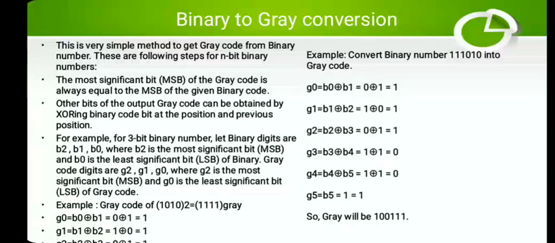Today we are seeing the conversion from binary to gray. We have seen other conversions like hex numbers, binary numbers, decimal numbers and octal numbers. In the same way, gray is actually a gray code. We have seen different types of code, and gray code is one type of code. It is also a binary code, but whenever you want some coding technique to be used in some particular application, you use this gray code.